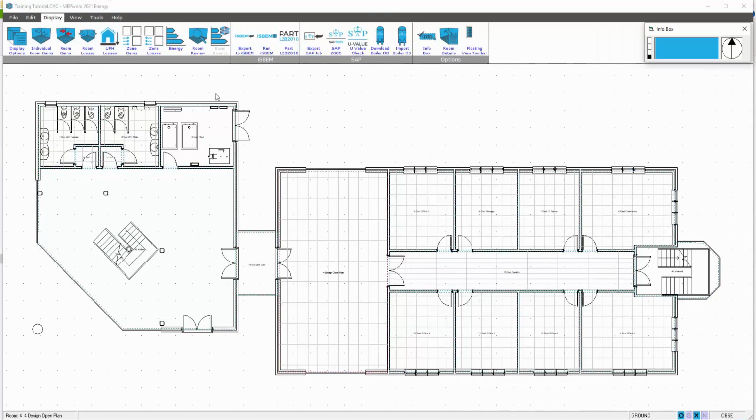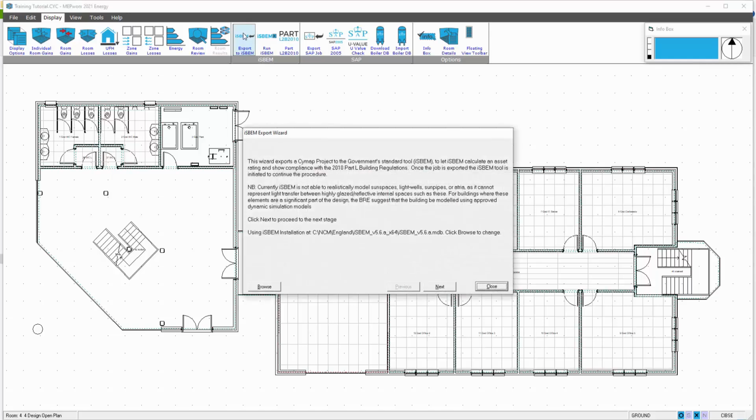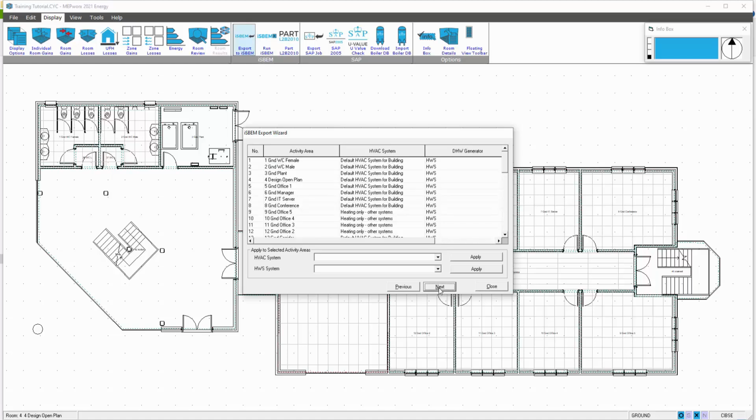We then need to export to the iSBEM via the display menu, and you can see in the iSBEM ribbon you've got the export to iSBEM. This is where it's reminding you to look at your specific MDB file in the correct location. When you select next, you then get presented with all of the spaces, so you can then decide on the